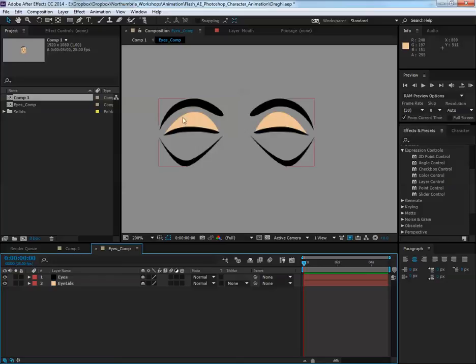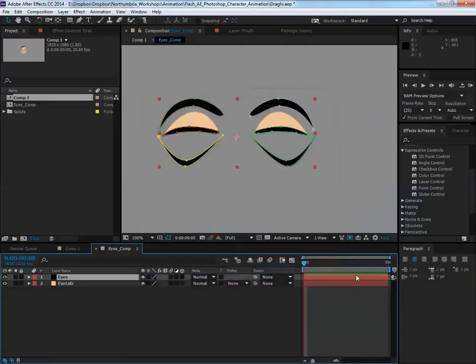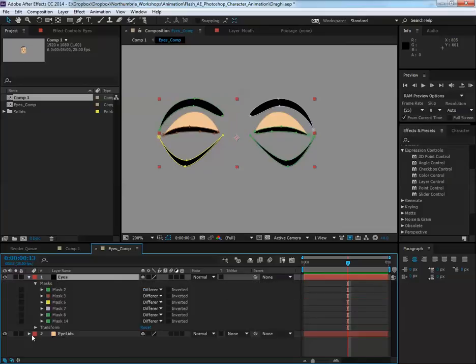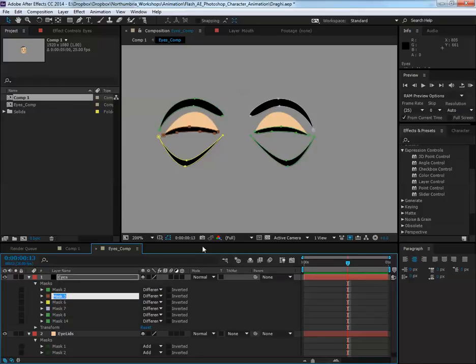So in here we've got the eyelids, the skin coloured parts which are there in order to cover the pupils, and also the eyelashes. I'm going to make the duration a second, because we've got 25 frames per second. I want it to be an odd number, so I've got a frame in the middle which will be our default position. And I'm going to open up the masks here, and in here I'm going to take the mask for the right eyelashes and call that eye right, and then the one on the left I'm going to rename to eye left,